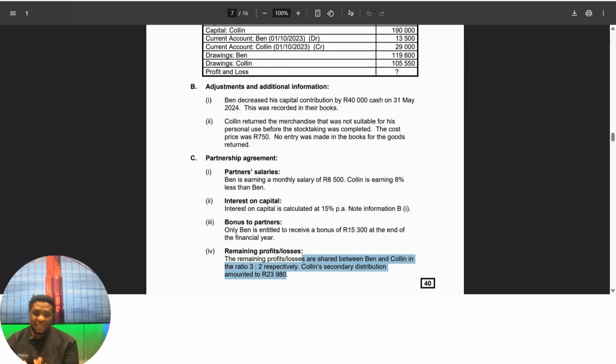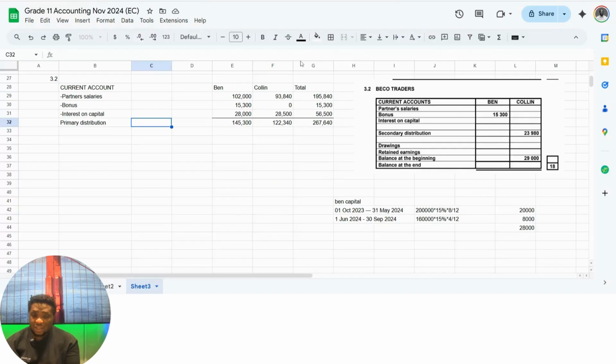Now, normally what we do to work out the secondary distribution of profits, we would take total profit and loss made, which is a question mark here, and then we would subtract the total of our primary distribution of profits, and then after that would apply the ratio. But in this case, we haven't been given